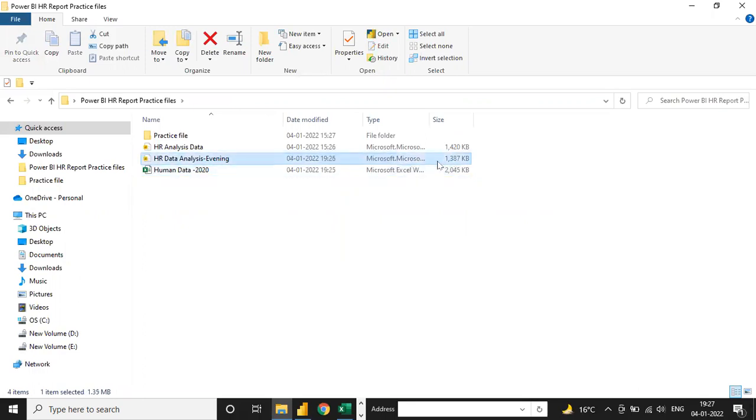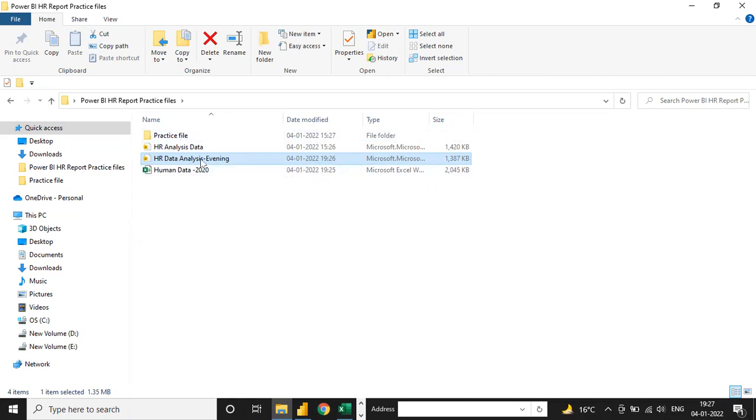But the total actual size is 1387. So Power BI reduced the file size also. Okay, that is why we are using Power BI. Because suppose your Excel file is 770 MB, the Power BI file is just 5 to 6 MB, not more than that. Okay. Yeah. So that is why also we are using Power BI.